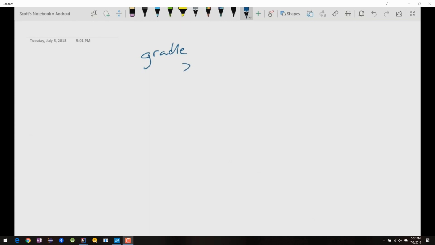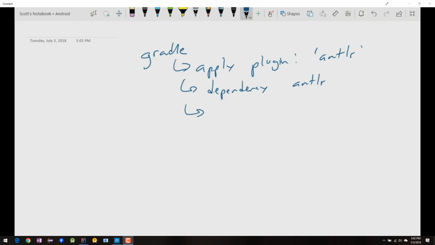So inside there, a few things we have to do. We're going to have to add in an apply plugin, and we'll see these actually in Gradle in a minute here. We're going to have to add in a dependency for Antler. And we're going to have to say that the compile step for Kotlin depends on